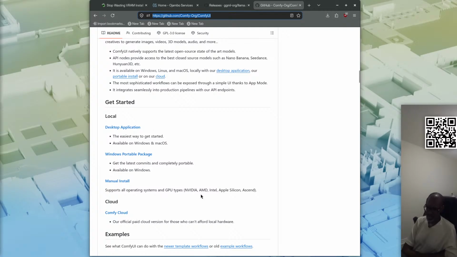Okay, so the GPUs supported are NVIDIA, AMD, Intel, Apple Silicon, and Ascend. I don't know what Ascend is. I've never even heard of that one. Maybe it's a mobile one or something. I don't know. Anyways,